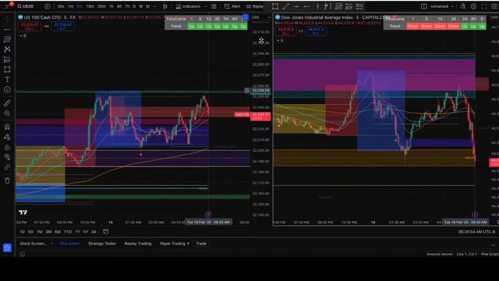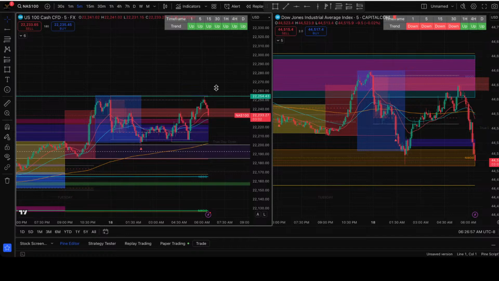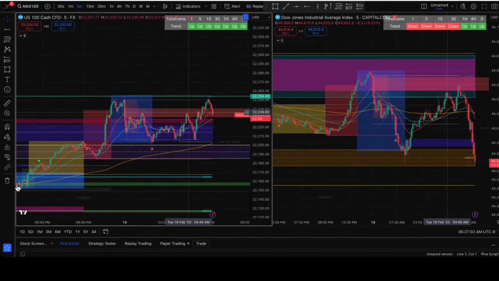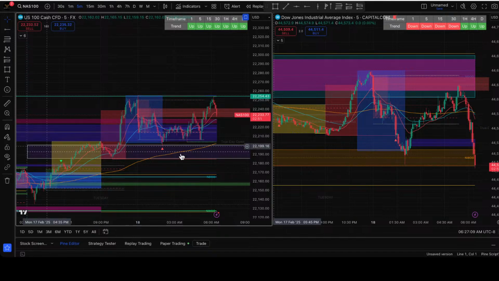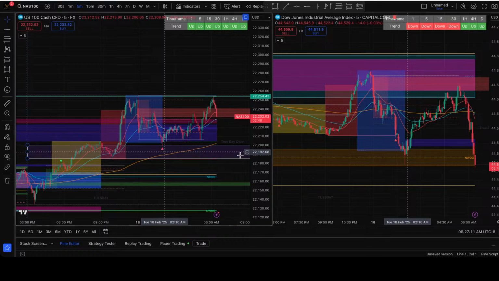So last night we took all-time highs on NAS. We have an upside expansion model with the spotlight. We're green across the board. And there's a 4-hour fair value gap down here. So we're going to do one of two things. We're either going to run this 4-hour fair value gap first,